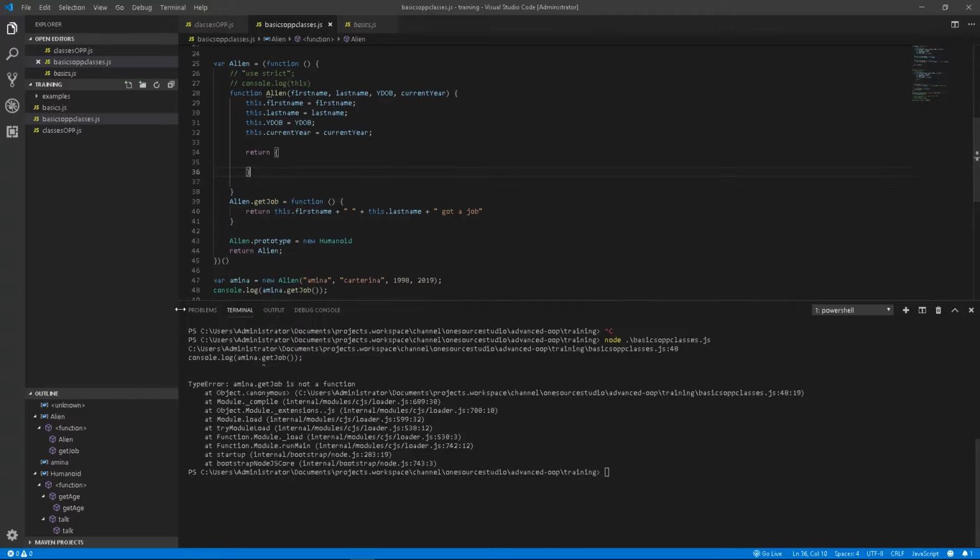This alien getJob can be called outside the scope because it's bound to this alien constructor and not the prototype object. So as it's not bound to the prototype object, this alien is returning the prototype object, and the prototype object is pointing to this. If I was doing this in here, the prototype object will be pointing to this keyword. We refer to this keyword through the alien constructor itself. But here there's no alien constructor, there's no prototype method, so you just attach to it. So I have to